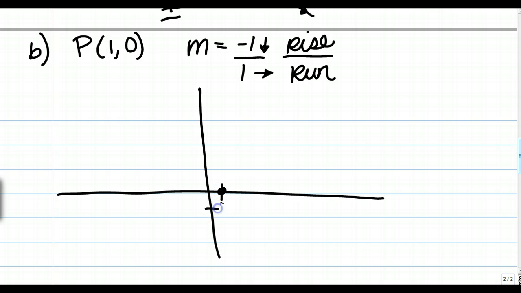I'm going to start with the point 1, 0. I'm going to go down 1 over 1, down 1 over 1, and I draw my line and I go, okay, I have to cross the other axis, so I'm going to do the opposite. I'm going to go up 1 over 1, up 1 over 1, and I'll do another one just to make my line pretty long, and now I can connect all my